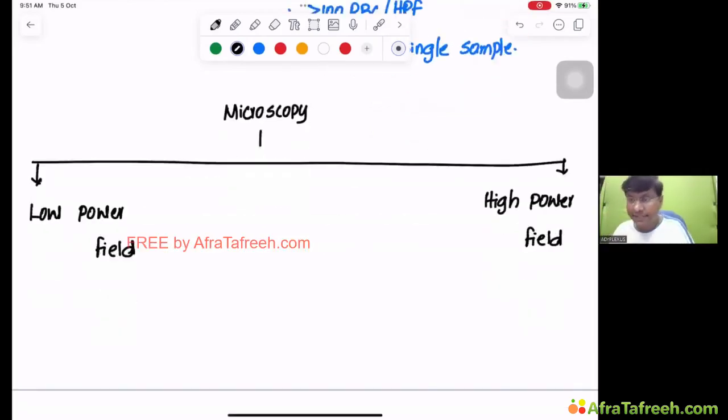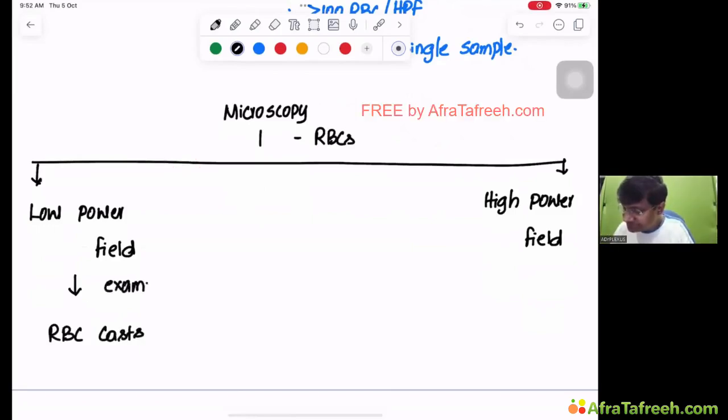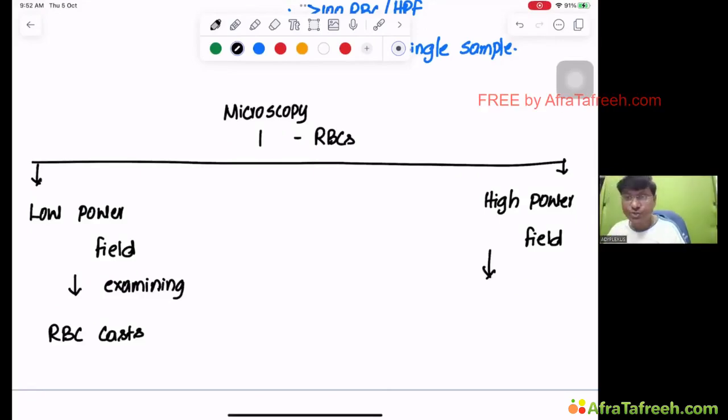Low power field microscopy: what is the use of low power field? In relation to your RBCs, low power field is used for examining the RBC casts, whereas high power field microscopy is used to detect